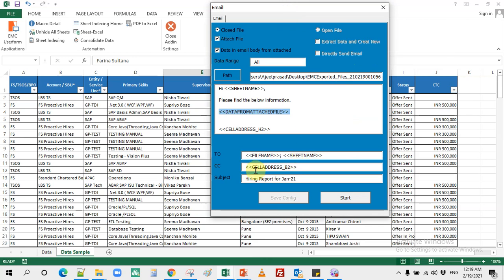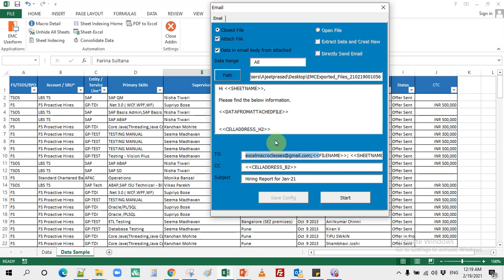Okay. Next is the To section. You can use hard-coded values. So Excel macro classes at gmail.com. Okay, like this. Or you can use, so this will get changed.